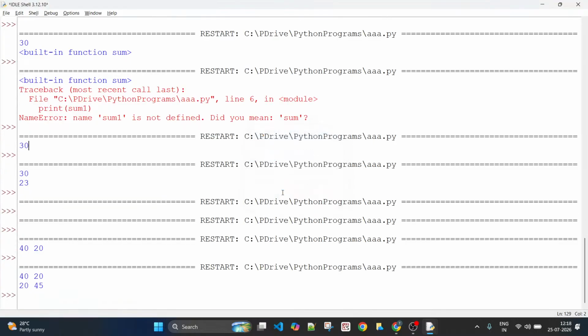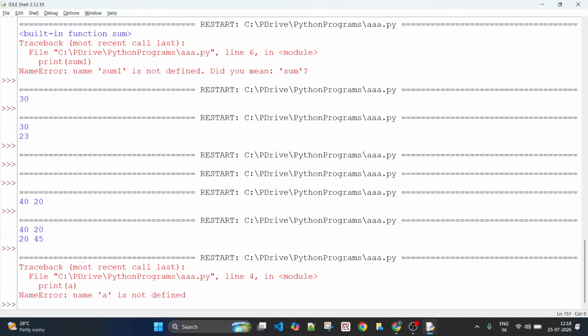I'll just write something here. I have diff fun, and I print something called a. What do you think happens if I run this program as it is? Or let me comment on this for now. What do you think if I print just a? This is the statement; my code has only this. What do you think if I run this? You'll get an error, a NameError.